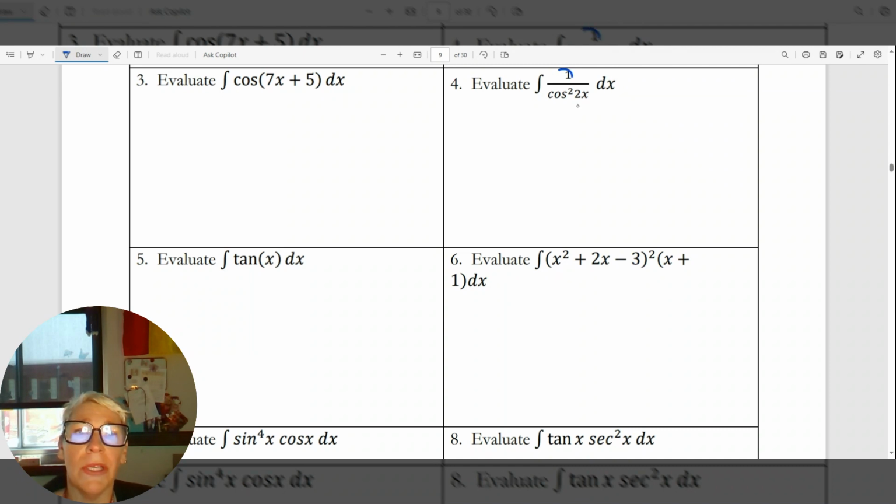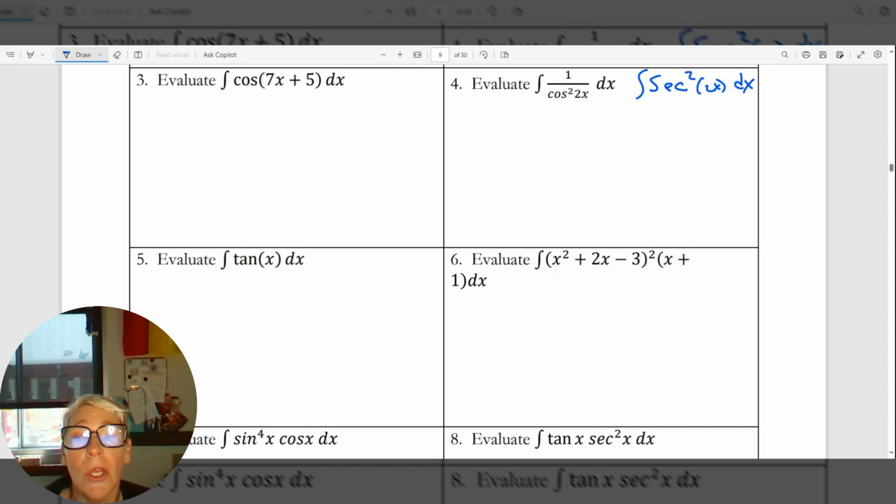So in this case, hopefully you'll recall that the 1 over the cosine is the secant. Therefore, 1 over cosine squared is actually the secant squared. But our angle is 2x, not just x. So the first thing we've done is put this into a different form. We've used our trig identities to put this into secant squared